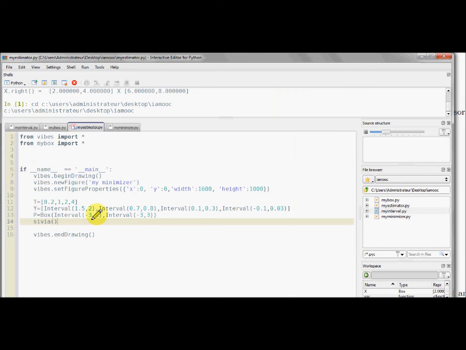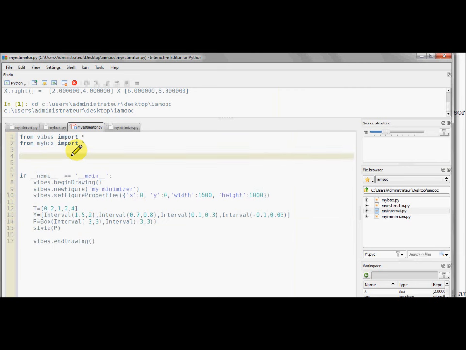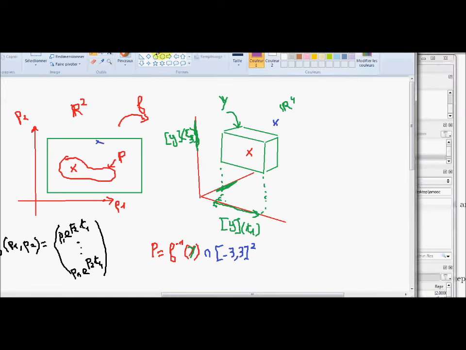I will have to do it now. Civia, and I will enter P as a parameter. I will put my Civia here. Def Civia of my box P. So for the Civia, I have to take boxes like this, and to check if the